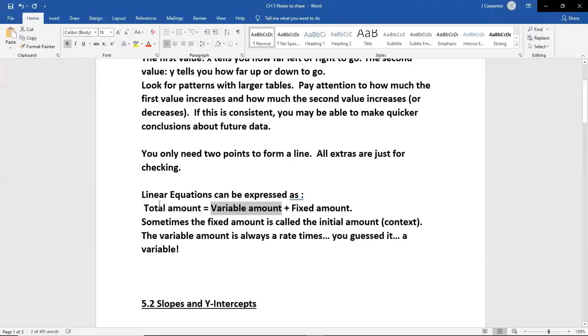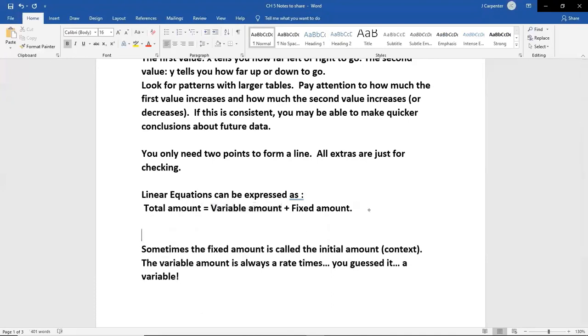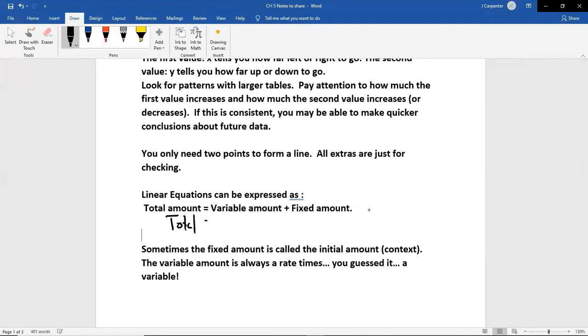We're starting at the basics. Total amount is a variable amount plus a fixed amount, and the variable amount has to have a variable. So it's usually something like total equals 5x plus 3. I think I gave similar numbers last time, maybe 3x plus 5, where 3 would be your fixed amount, like your mortgage. And then 5 says that for every single x, you're paying 5 of something. So if x is 1, you're paying $5 or cents for the first one. If x is 2, you'd be paying 10. If x was 3, you'd be paying 15. So this is the variable amount.